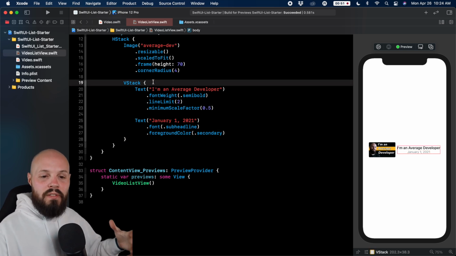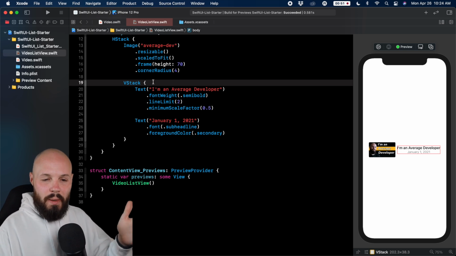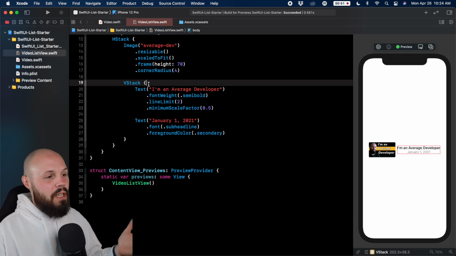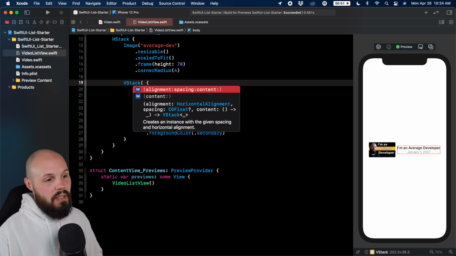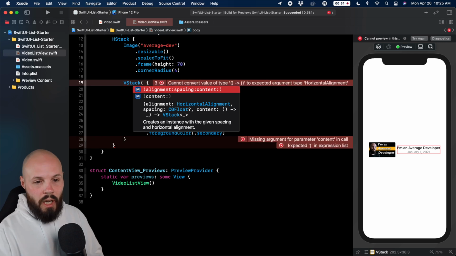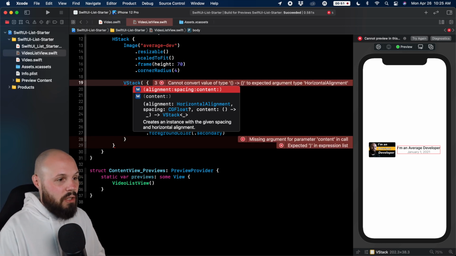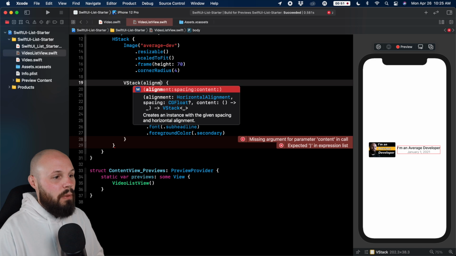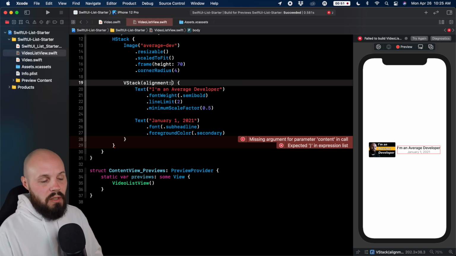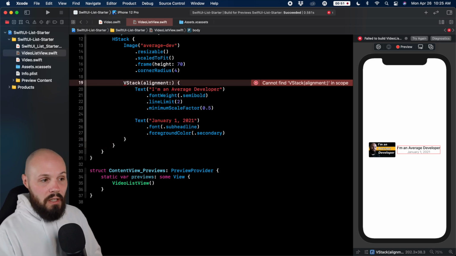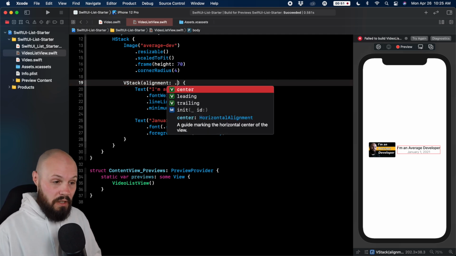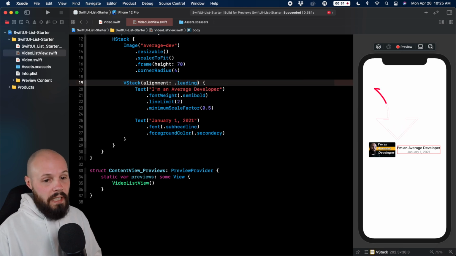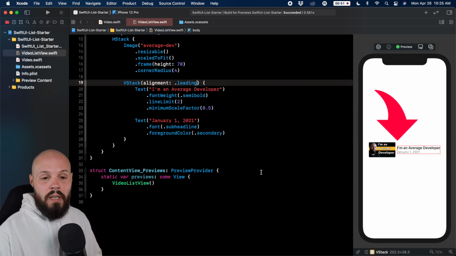Now, our average developer and date are centered. We want them kind of to align left. And how we can do that in the V stack is your V stack can take parameters. So if I do that, you can see alignment, spacing, then content. Well, the content is the views we have in there. So we actually want to do alignment. And the reason we don't have to have both alignment and spacing is because spacing has a default value. So if you leave out spacing, it's going to give it the default value. So the alignment we can give it is center, which is default, leading or trailing. We want leading. And you can see on my preview here, now we're aligned left there in the V stack